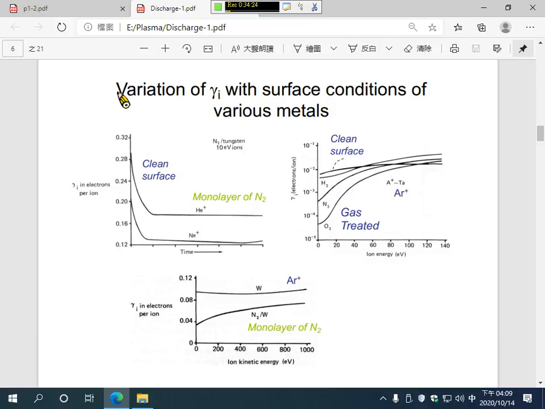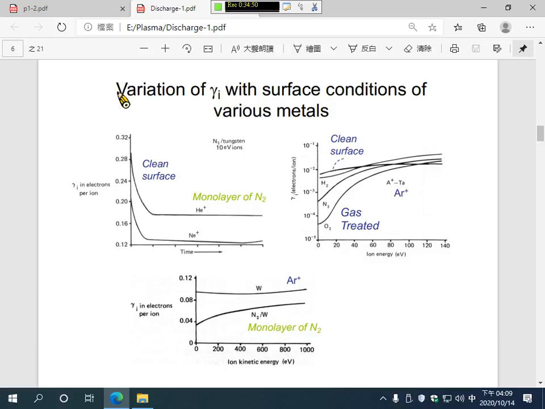And in the right figure, at the beginning you have a piece of tantalum, and then you can place the tantalum inside oxygen, nitrogen, or hydrogen gas, and let it stay for a while,